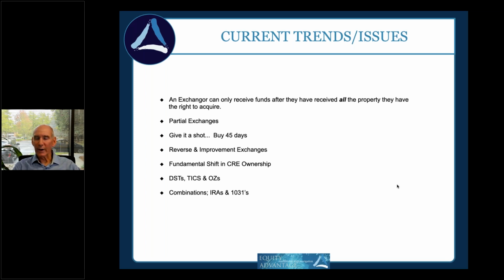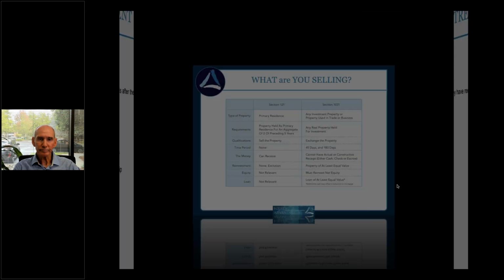Finally, we've got a number of transactions where people are looking at their retirement accounts. They want to diversify out of Wall Street, so we're combining IRA and 401k money along with 1031s in many cases. Although we could own property in that combination via a limited liability company with the plan money and personal money, if we're combining it with a 1031, the exchange of partnership interest is prohibited. So we're going to have to use a tenancy in common structure if we're combining qualified money with 1031 money.